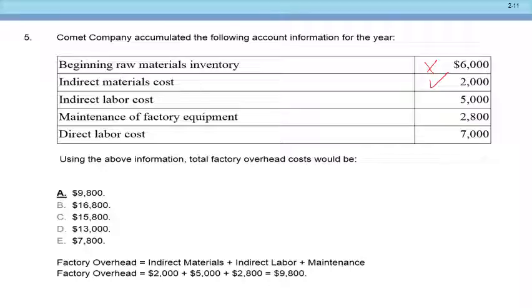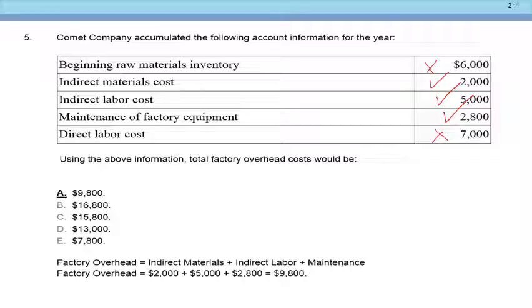How about my indirect labor cost? Going to pick up the indirect labor. That's going to be part of the overhead, all those things that are going to be allocated. How about maintenance of the factory equipment? Again, that's that indirect piece. How about direct labor? Direct labor is not, okay? So when we talk about our overhead, we're talking about anything that has to be allocated to the product. I kind of treated them as indirect, being indirect is a separate category there, but they are all considered our overhead costs.